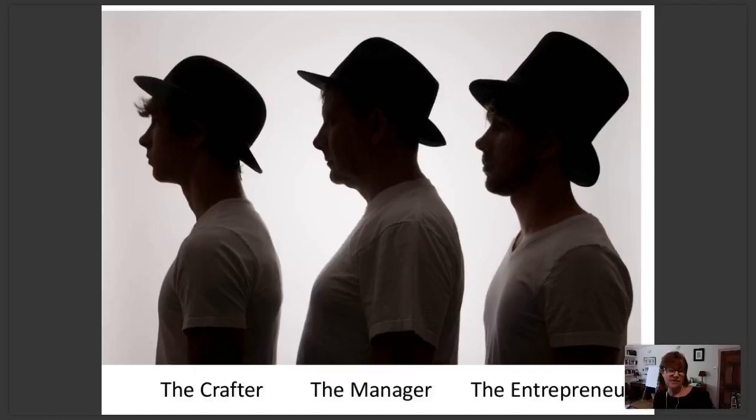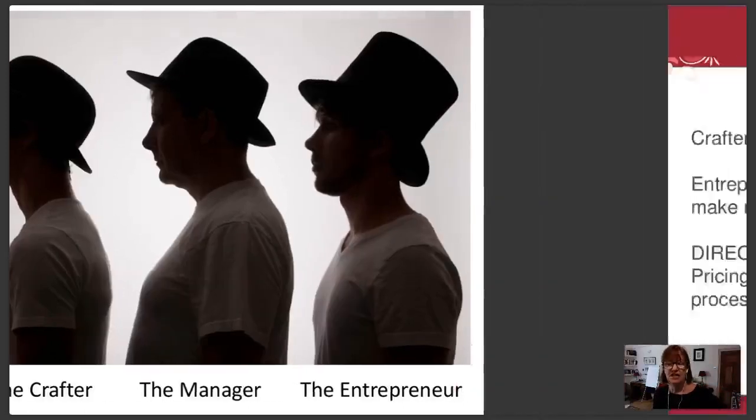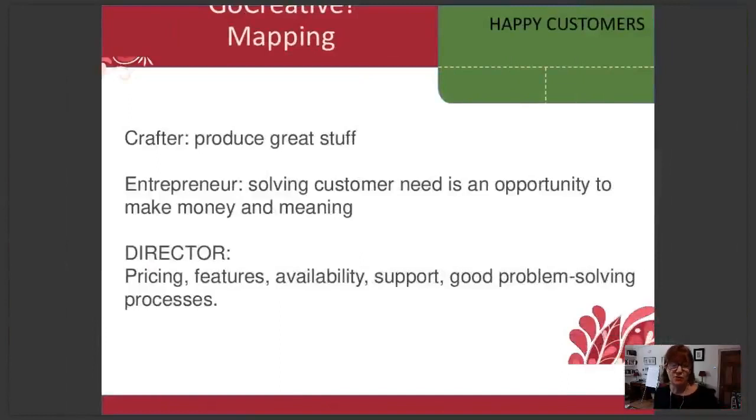And then the manager, it's called here, but actually the director. I prefer the term creative director because manager conjures up somebody in a very corporate environment, whipping everybody in the cubicle. And that's not what you're doing at all. And then the third hat is the entrepreneur. We'll be looking at these different things as the months go by. We will look at them all. But tonight it is the creative director's role.